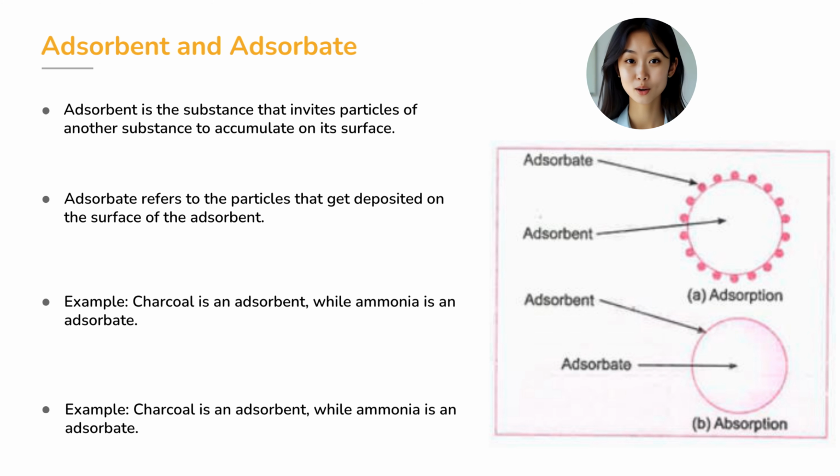Now, let's break down the key terms in adsorption. First up, we have the adsorbent. This is the surface that attracts and holds onto another substance. For example, activated charcoal acts as an adsorbent. Then, we have the adsorbate, which is the substance that sticks to the surface. In this case, if we take ammonia gas, it's the adsorbate. So, in simple terms, the adsorbent is the sticky surface and the adsorbate is the substance that gets stuck to